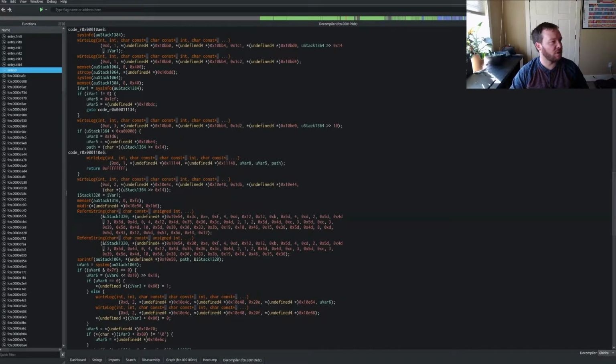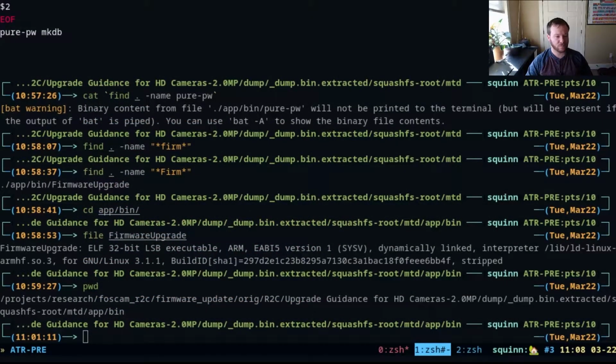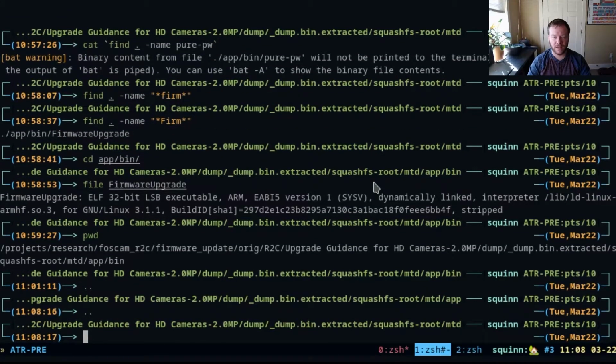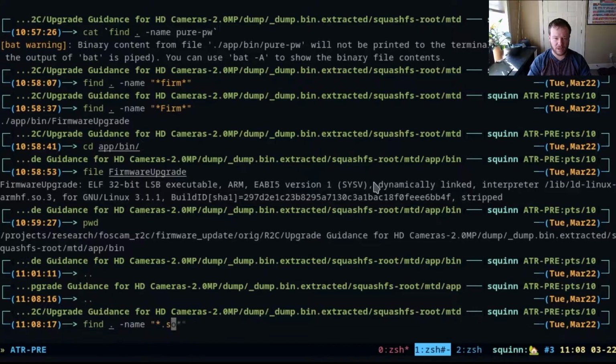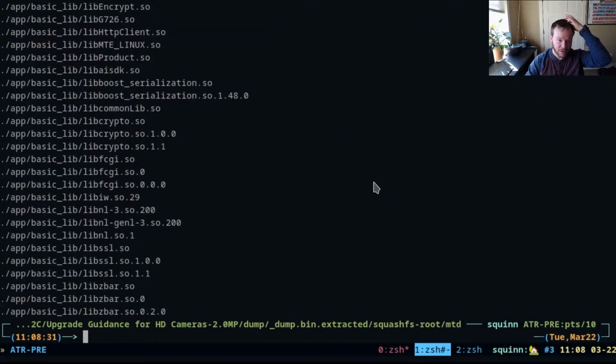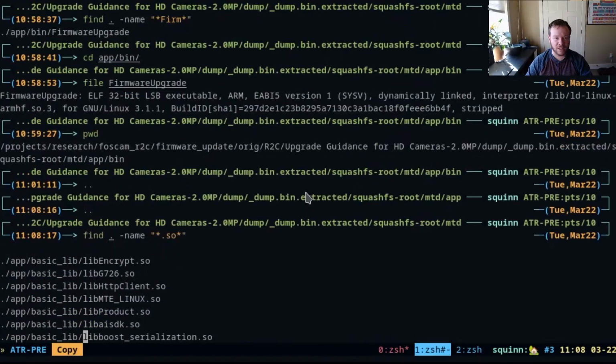So let's head back over to the terminal. We're trying to find a thing called ReformString. On Linux, shared objects or shared libraries usually have the .so extension. So let's try to find something with that. So -name "*.so". And sometimes they add version numbers afterwards, so I'm going to give it another star. So here are all the SOs